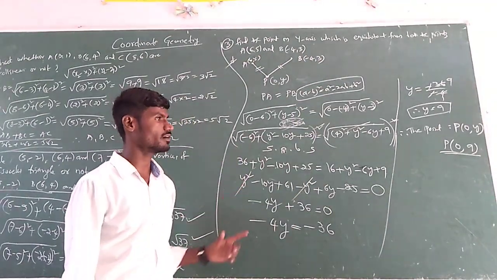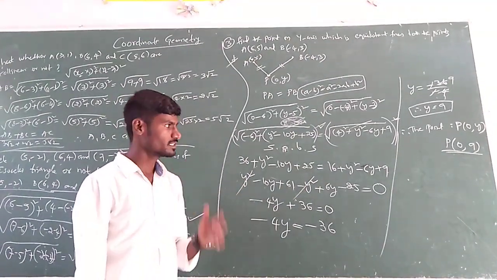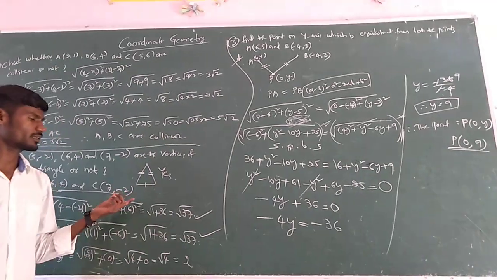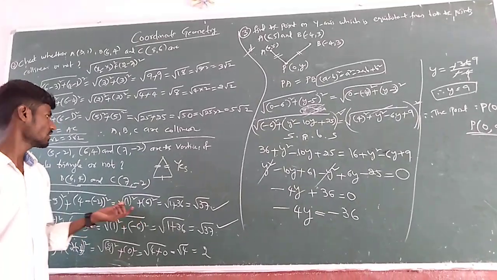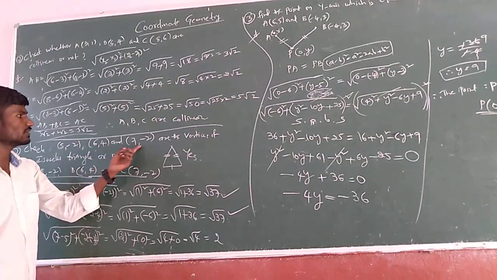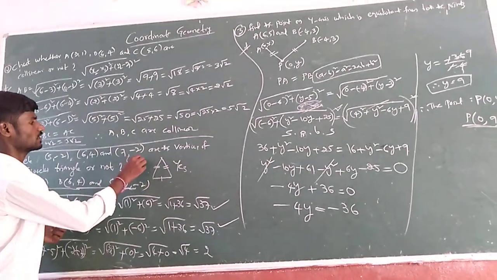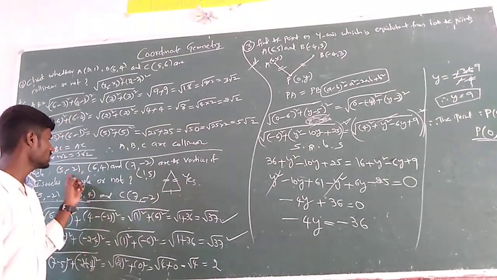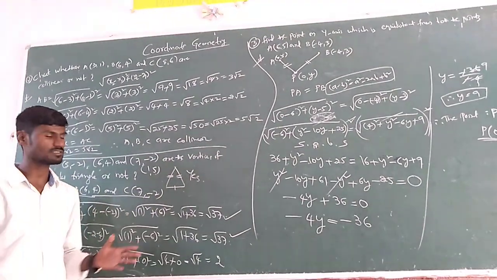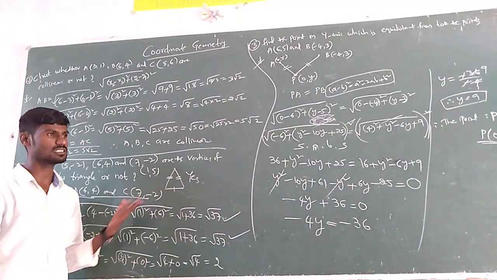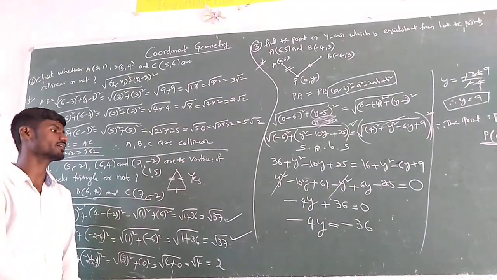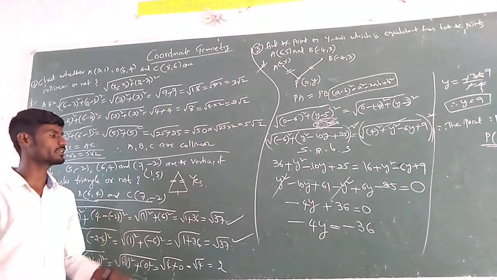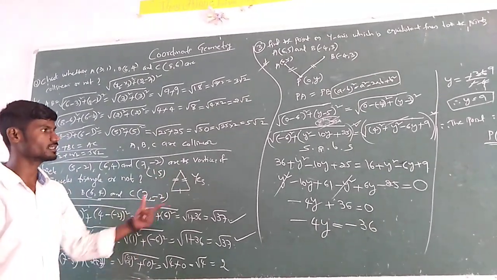So these are the problems based upon the distance topic. Some more different problems we also have. Suppose we discussed only the triangle. If they ask a quadrilateral, if they include one more point, suppose (1, 5), which type of quadrilateral will you get? Or check whether these 4 points form a square or not. Means find the 4 sides, then find the distance between them. If all are equal and diagonals are also equal, yes it forms a square. Rectangle means opposite sides are equal. Like that we have to find based upon the distance topic.